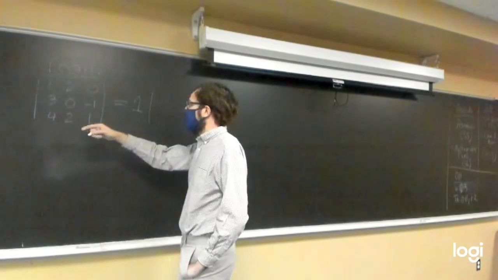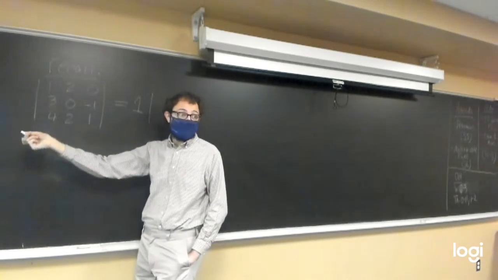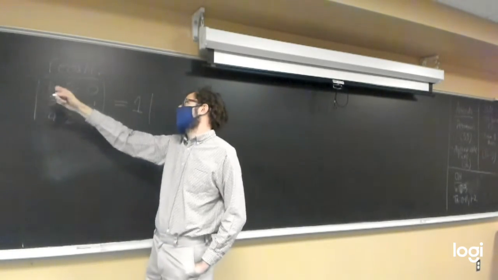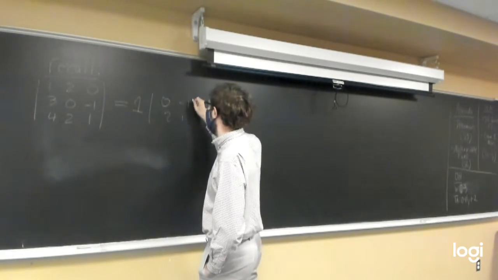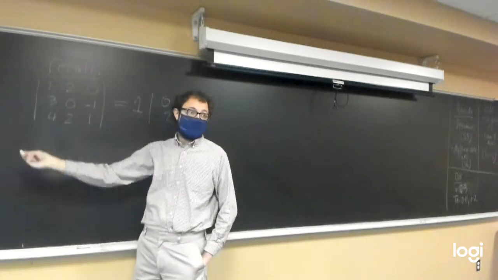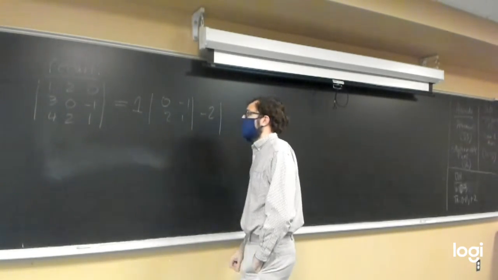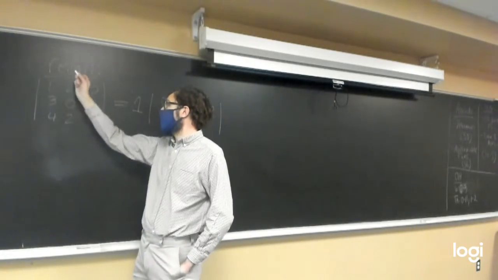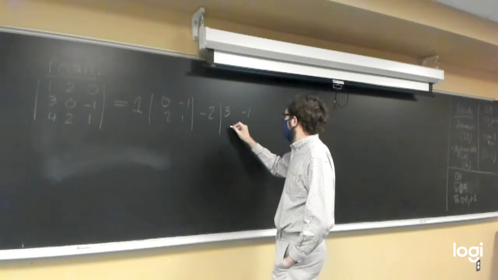where each of the 2x2 is going to be made up of what's left if we were to remove the row and column with, say, 1 in it, for instance, which would give us 0, -1, 2, 1, if we remove top row, left column, minus 2 times the determinant of what we get if we remove top row, middle column, so 3, -1, 4, 1,